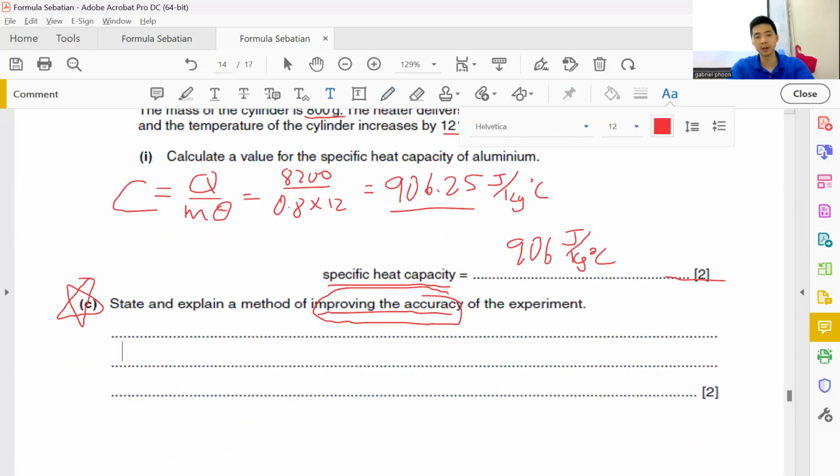So you're supposed to say something like insulate the aluminum cylinder. This prevents heat energy